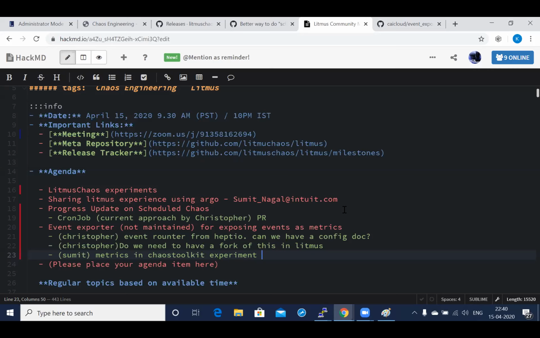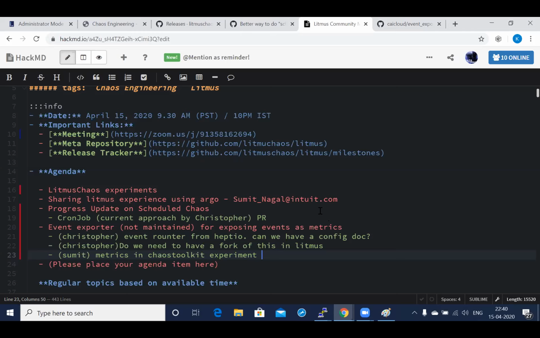You might want to provide your own way of defining what your result looks like. That is where the JSON reports that are getting generated in Chaos Toolkit are handy. I think for non-Chaos Toolkit experiments as well, we can support this by allowing additional fields in the chaos result, which a user can go and patch with his own information.